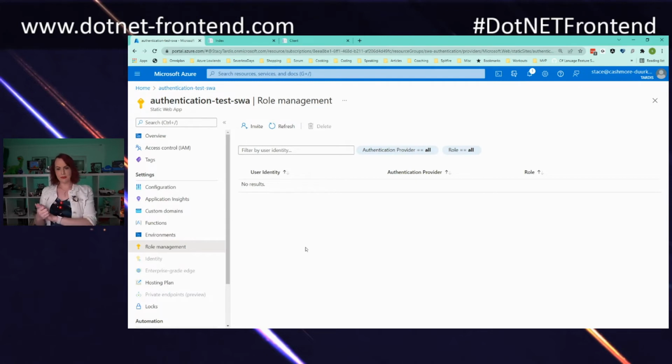Inside of this page, we can add 25 users, which doesn't sound much. But these 25 users are only needed for when you want special roles. You may notice I logged in with Twitter and I'm not here. So it's literally only if you need a special role that you need to do this. So I think for most applications, certainly if you're on the free tier, this is probably going to be good enough. If you've got a bigger organization, if you need to give more people special access to your website,